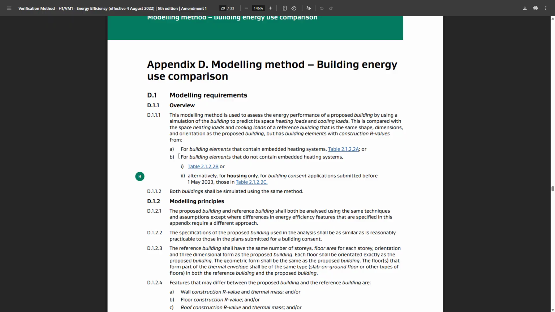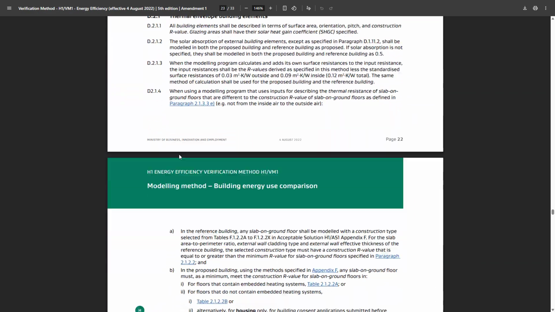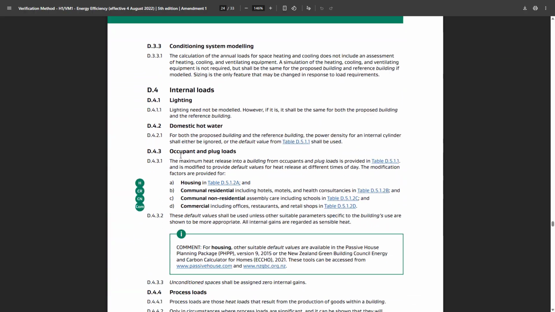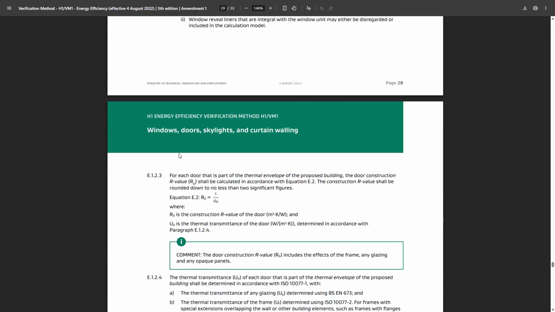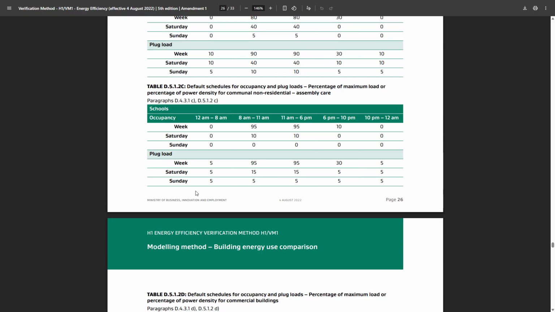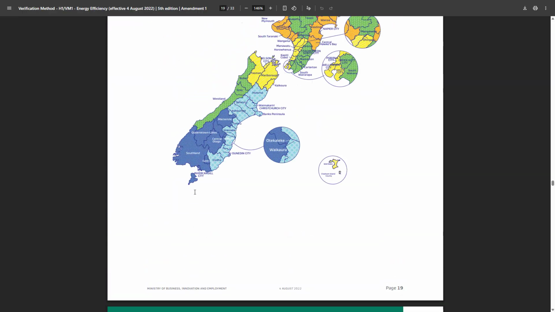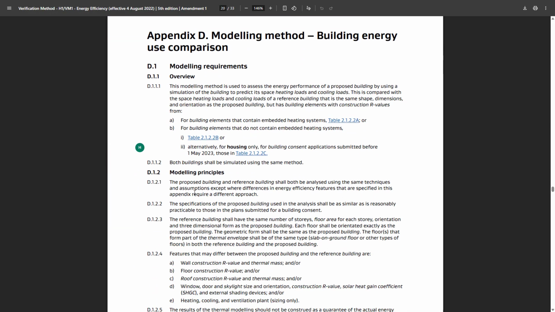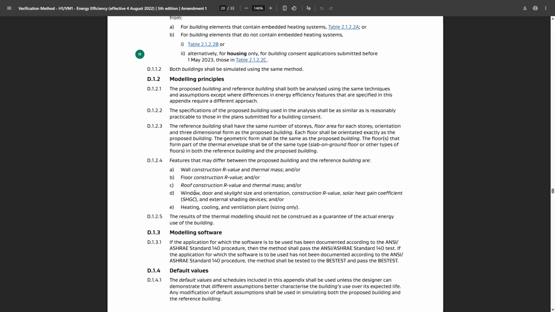So in these sections here, D.1 all the way down to, and they go for some time, so flicking all the way down to the absolute last D.6 here. All of these requirements in terms of modeling method are strictly met by the platform in order for you to go ahead and